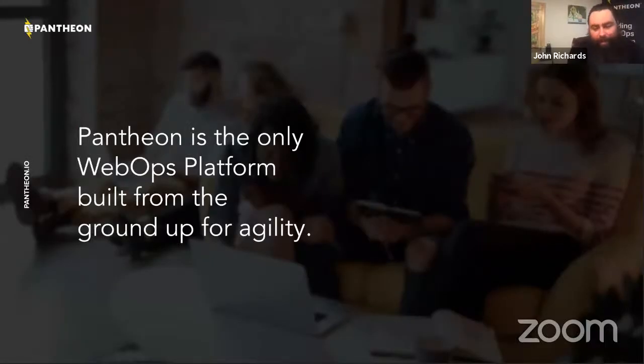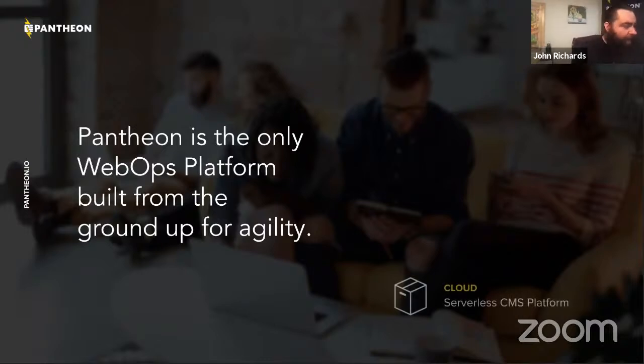So how does Pantheon support this idea of we need to make websites available for everyone and we want to make that work well? It's built from the ground up for this idea of agility. And what that looks like is, at our base layer, underlying everything,